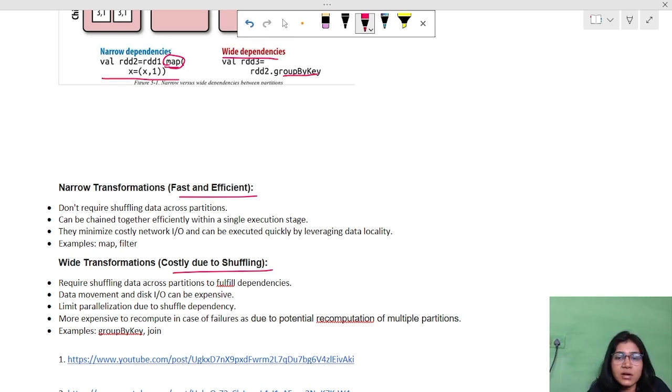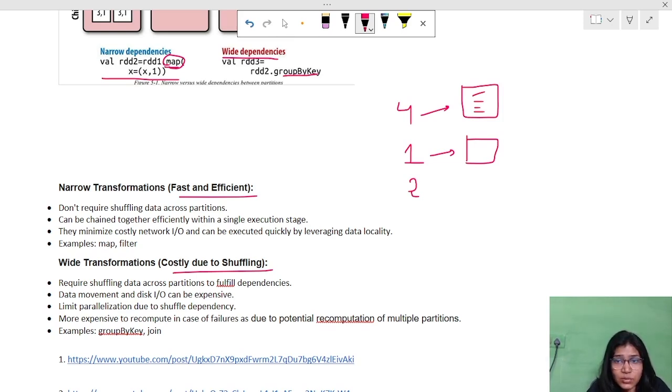But for now, let's understand that if you have written, say, 4 narrow transformations, then one wide transformation, and again 2 narrow transformations, what will Spark do? All these 4 narrow transformations it will try to keep in a single stage. For the wide transformation, whether it is group by, joining or any other, it will create another separate stage. So all your 4 transformations are chained together in a single stage where there is no data